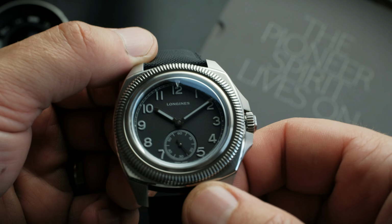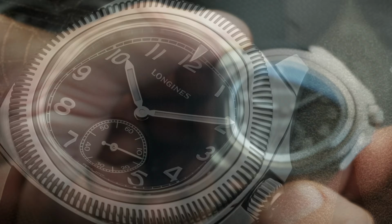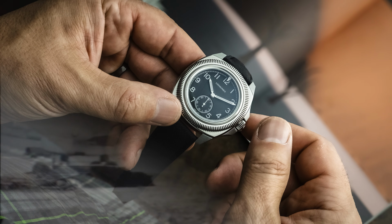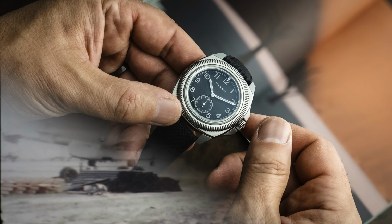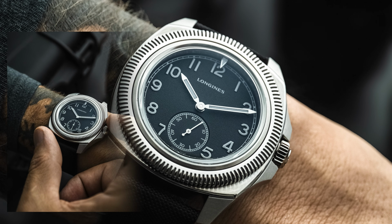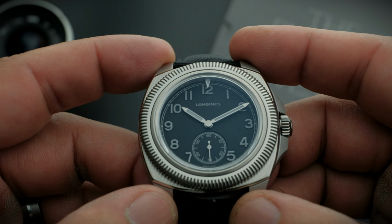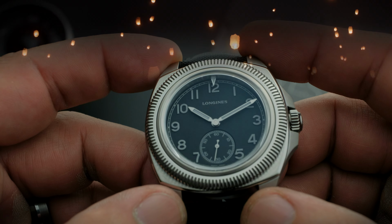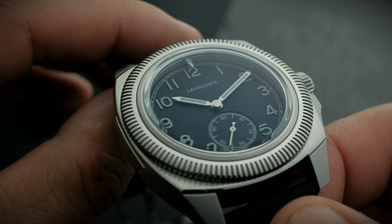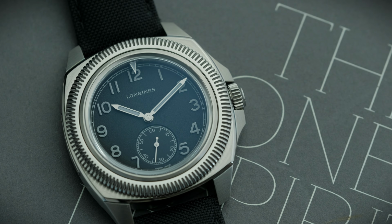The history of this watch dates back to the 1930s, when it was built and issued to the Czech Air Force, whose pilots subsequently fled Nazi occupation and eventually participated in the Battle of Britain under the banner of the RAF. Longines released a more historically accurate version of this watch in 2014, then called the Heritage 1935. The Majetek line, then, might better be considered as a tribute, rather than a faithful recreation. And in my opinion, at least, the latest launch of the Pilot Majetek Pioneer Edition may well be the best